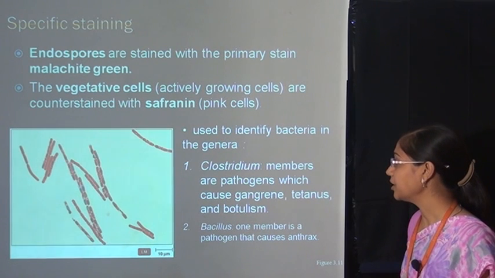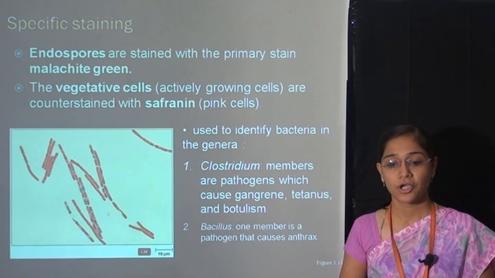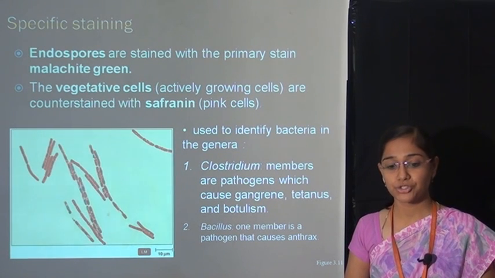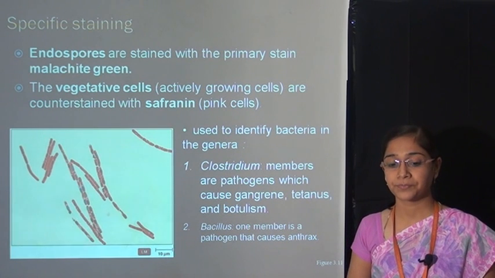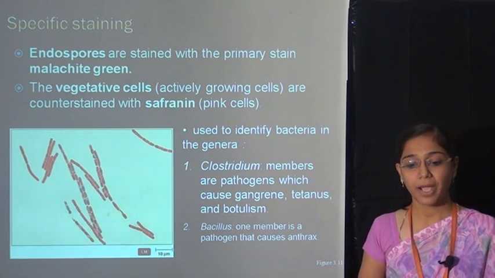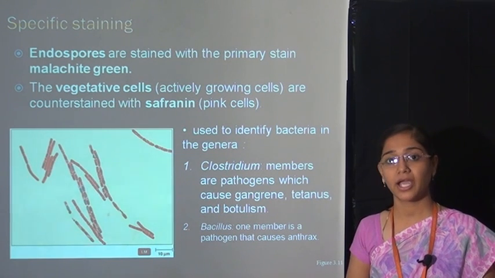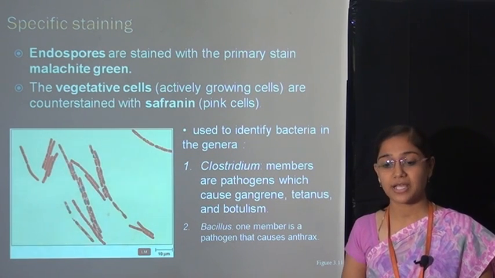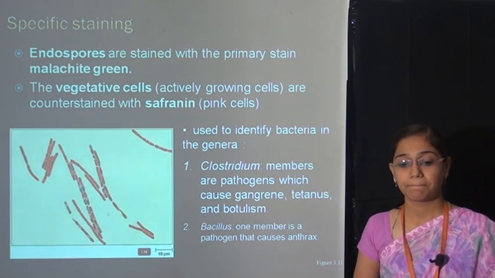It is used to identify the bacteria Clostridium members and Bacillus. Clostridium members are pathogens which cause gangrene, tetanus and botulism. And in Bacillus, one member is a pathogen that causes anthrax, which is caused by Bacillus anthracis. Then next one is the